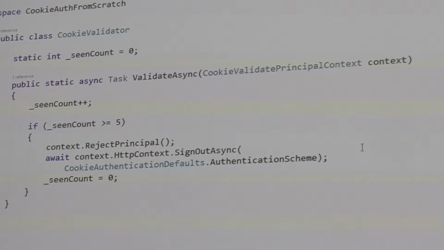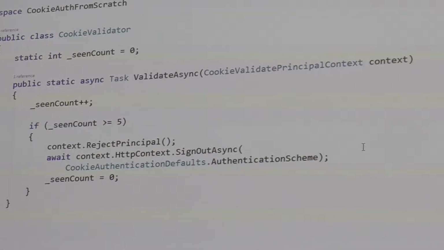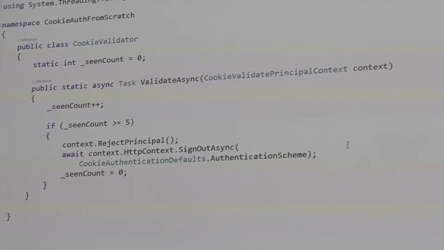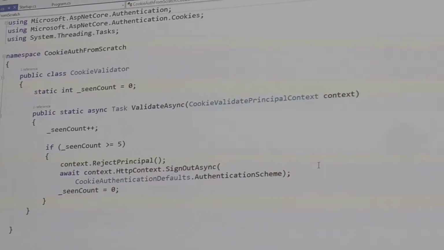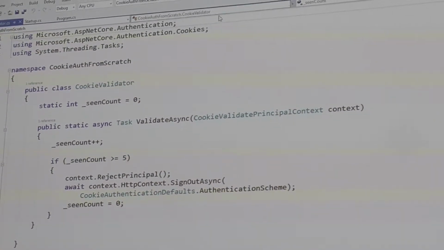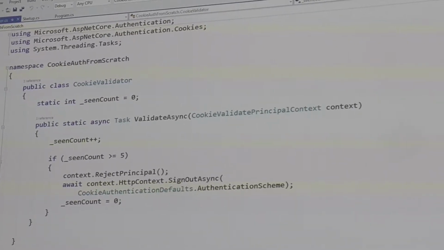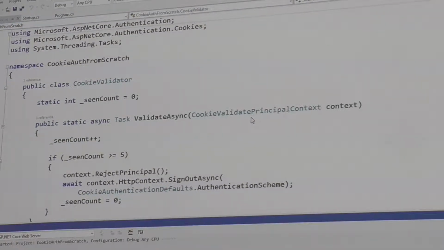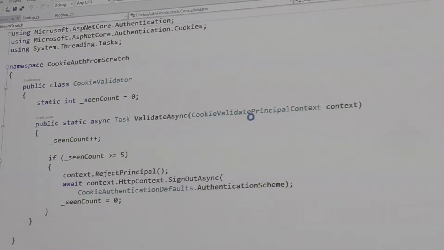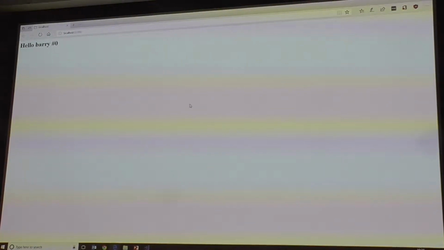And then after every 5 refreshes, and this is not thread safe code by any means, we will log someone out. So what we're going to do is run this, and it's going to keep a count of how many times I have, in theory, logged in. What I've done is in the code, I just hard-coded a login. So it's going to create an identity. It's going to persist it using the cookie auth, and lo and behold, I don't actually have to do any logging in. So if I keep hitting refresh on this,